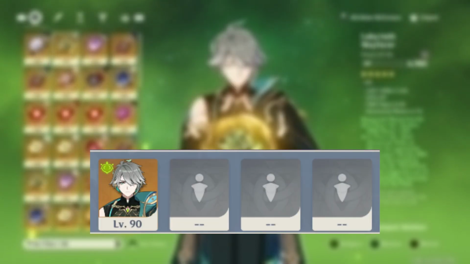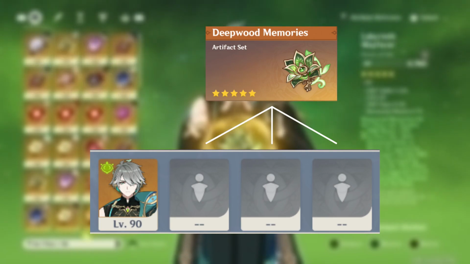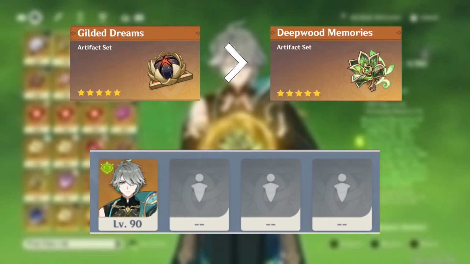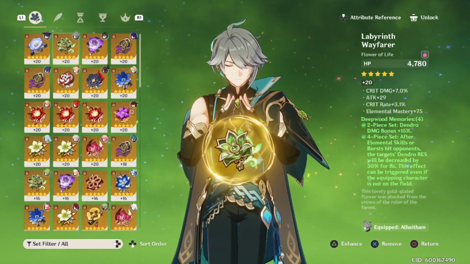Alhaitham works best with the 4-piece Gilded Dreams set and another support using 4-piece Deepwood. If no one on your team will be using Deepwood, then Alhaitham should be running Deepwood for the maximum amount of damage. The only exception is if you have better main stats and substats on a Gilded set than a Deepwood set. If you cannot do either 4-piece sets, then running 2 of the following sets will be best: Gilded Dreams,